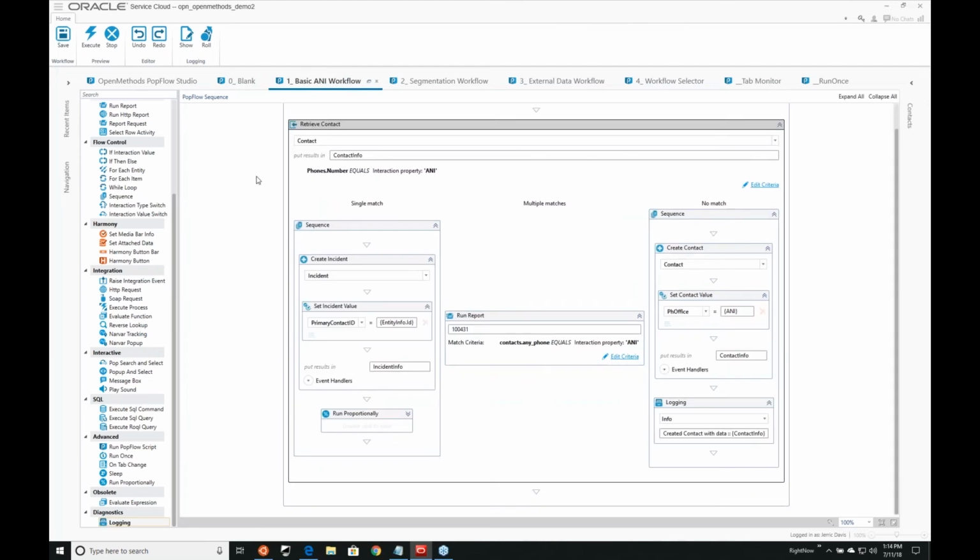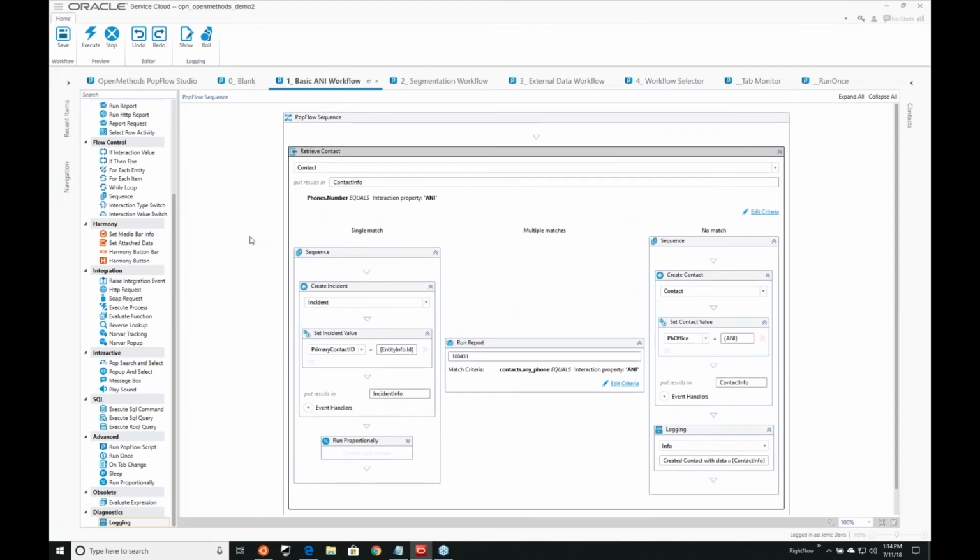The first workflow we're going to look at is a basic Annie workflow, but it's got a couple of enhancements here. You'll notice that this looks very similar to the other one. In this case, we run a sequence, which lets us put several activities in a row. And we've made a single match. We get a contact, and we go ahead and create an incident. So we don't open the contact, we go straight to the incident. We go ahead and set the primary contact